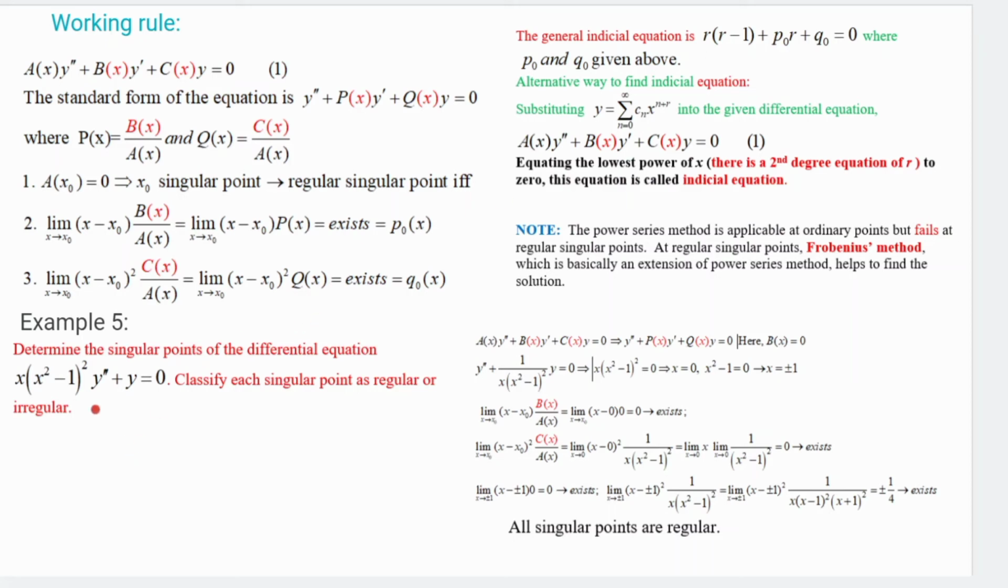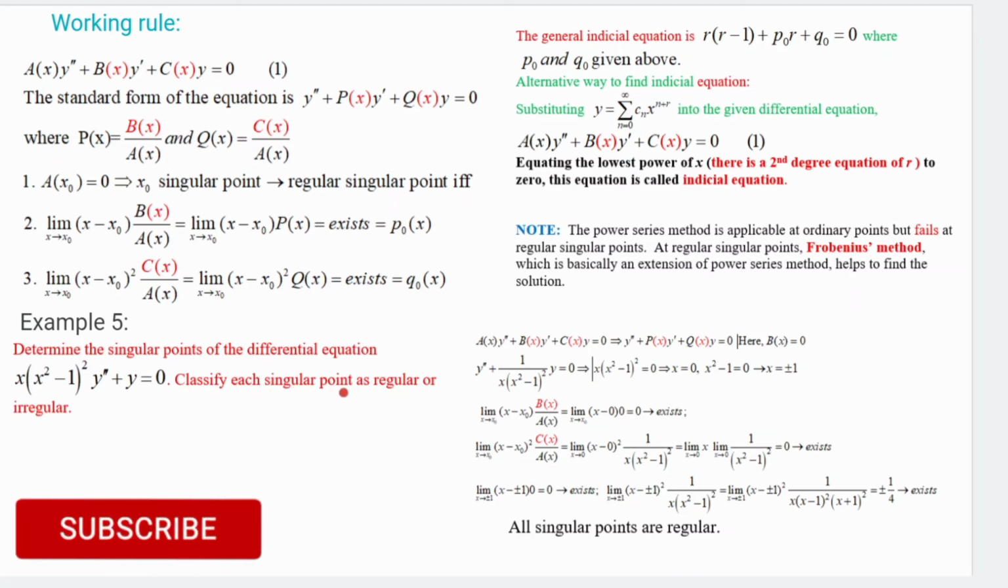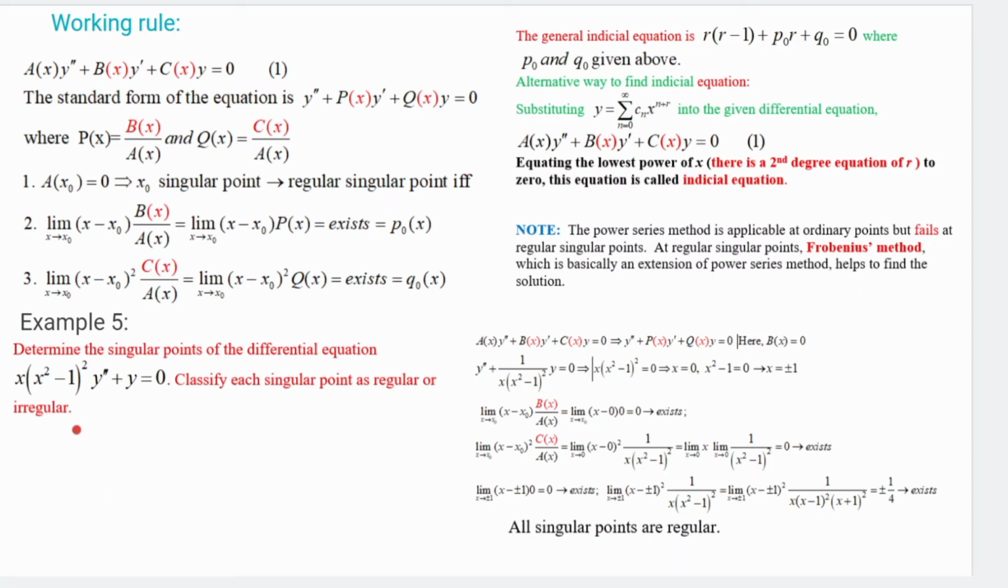So let us consider another example, Example 5. In this example, the coefficient of y double prime is (x² − 1)², plus y equal to 0. Classify each singular point as regular or irregular. First we have to make this equation standard form. When we make it standard form, we can see here our